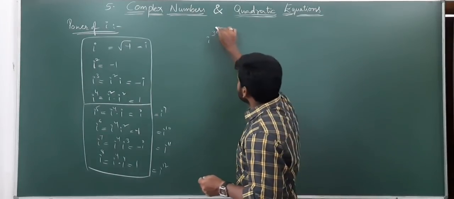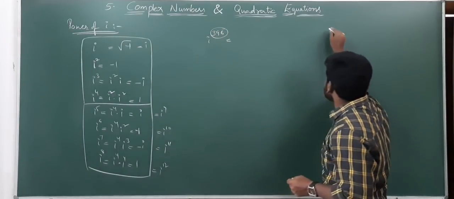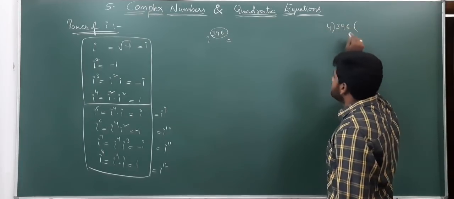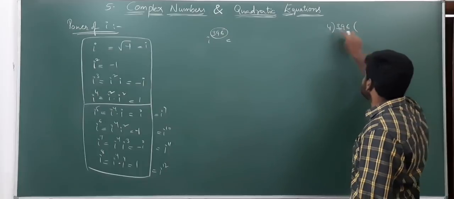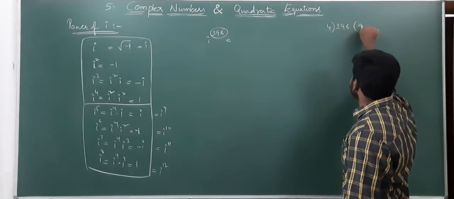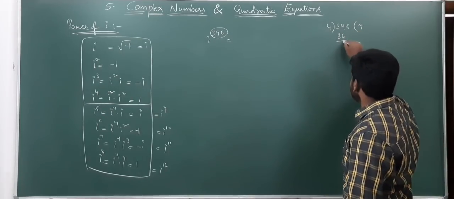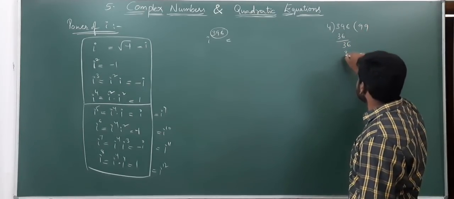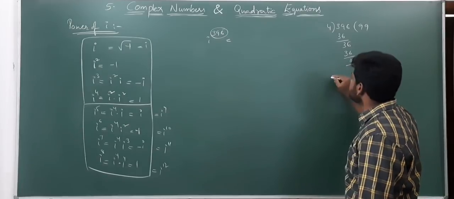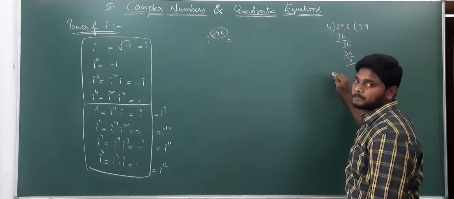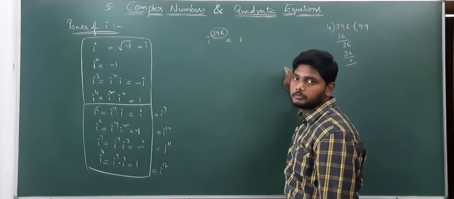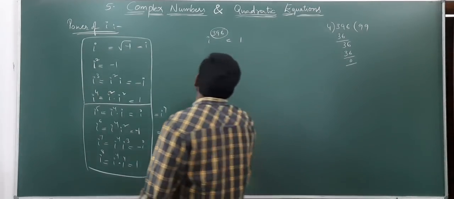The power is there, right? That power you divide with 4. So 396 divided by 4. You do the calculation here. See, 4 9s are 36. Remainder 3, bring down 6. Again 4 9s are 36. What was the remainder? Remainder is 0. If remainder is 0, that value is equal to 1.